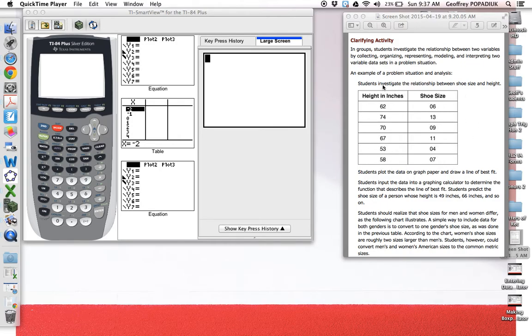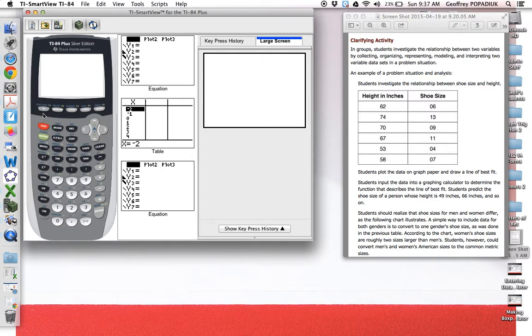Okay, there's another video about how to input that, but again, these height values are independent data, so we put those in list 1. These shoe sizes are dependent values, and so we put that in list 2. That's going to go on our y-axis. Okay, so the data's already in there, and if we want to create a graph, we will go to second y equals,